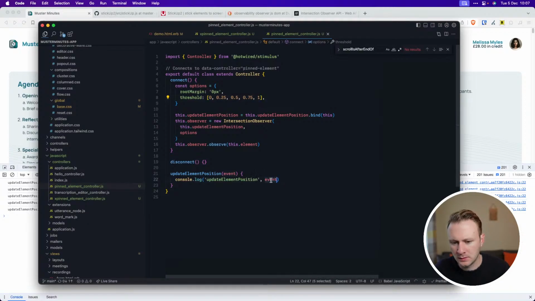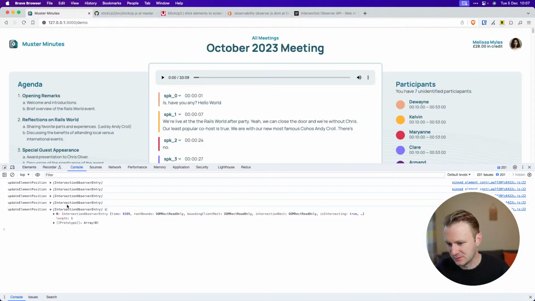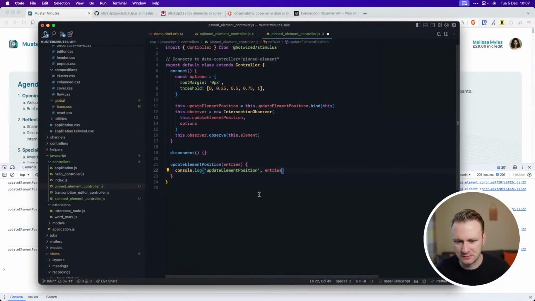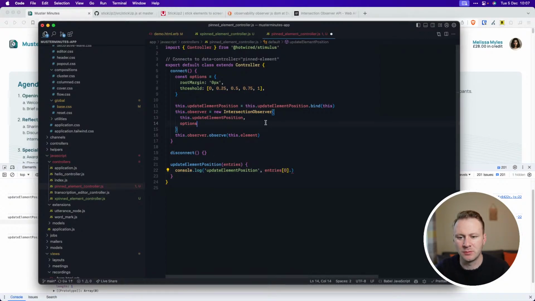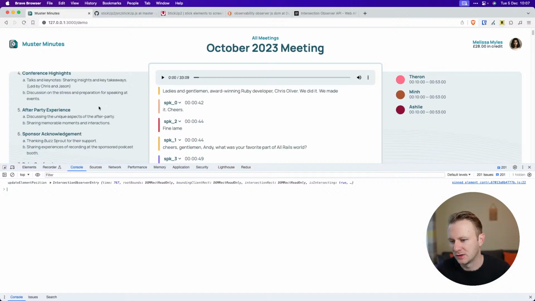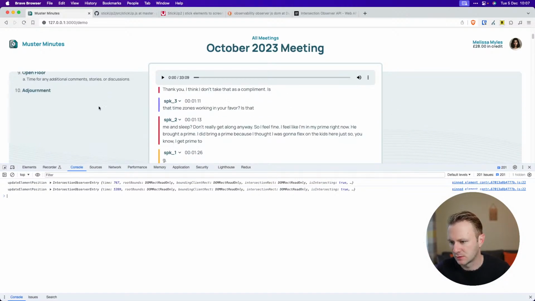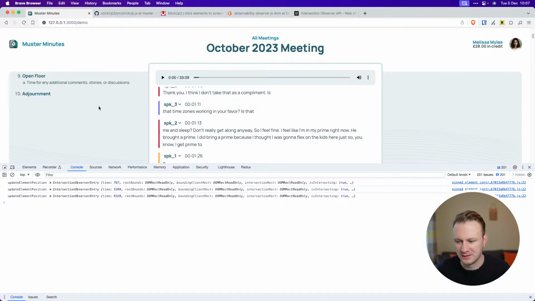We need to, this is entries, and then entries 0. Oh yeah, actually it is 0, isn't it, on all of those? There's only 0. 0 dot what can I grab? Well, I guess that's probably fine for now, as long as I can grab the 0 out of it, it's going to give me a bit more information. When I leave, it shows there, and then when I go back in,